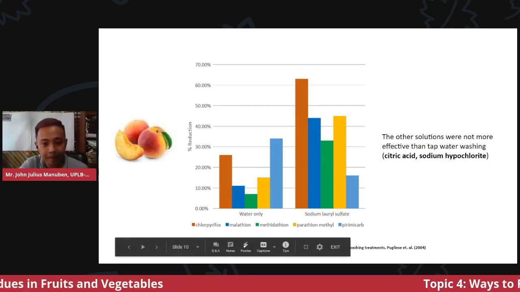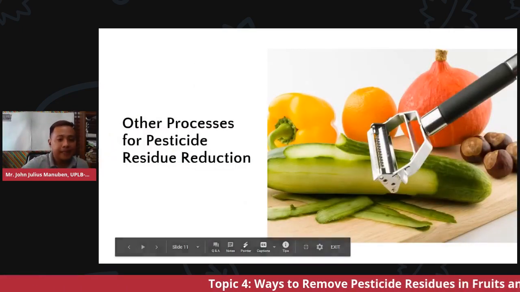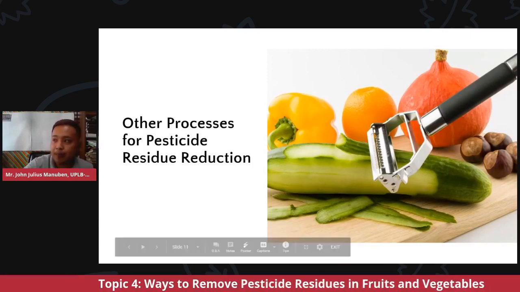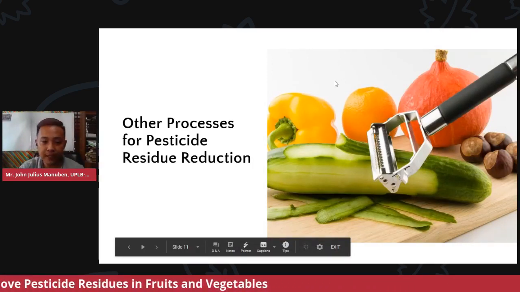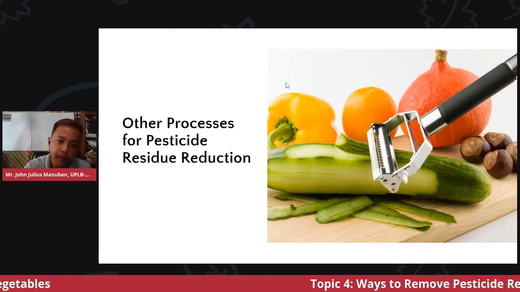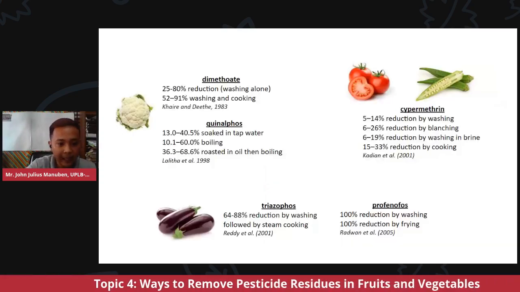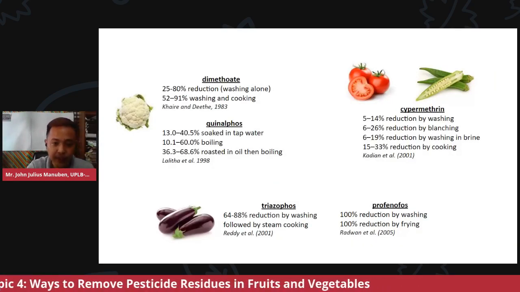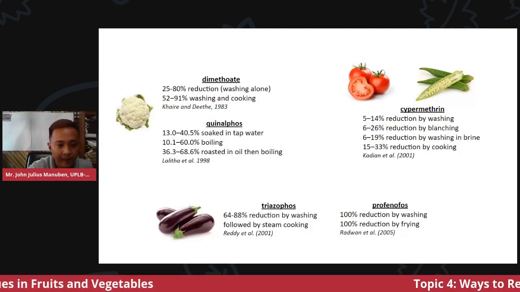So next. Pinakita na doon yung different percent reduction gamit ang washing alone, washing with water only, and washing with other solutions. Ngayon, tingnan naman natin yung epekto ng iba't ibang processes like peeling and cooking and refrigeration sa fruits and vegetables natin. Dito sa cauliflower,